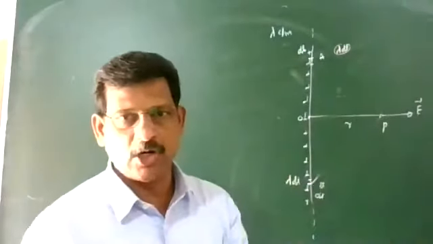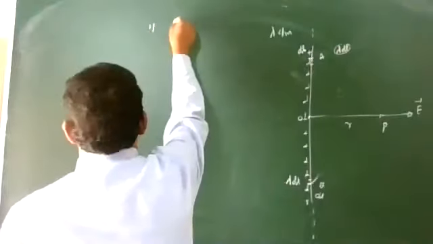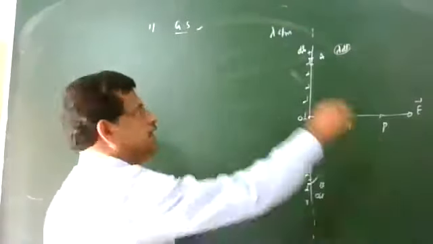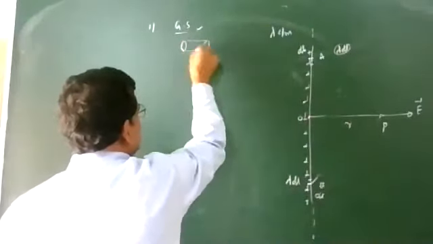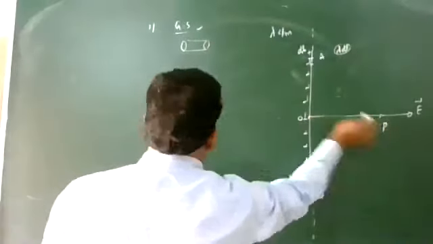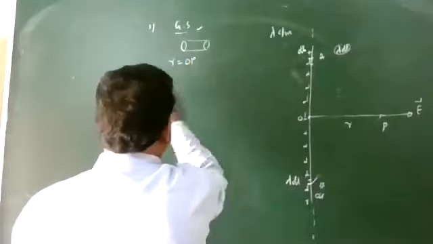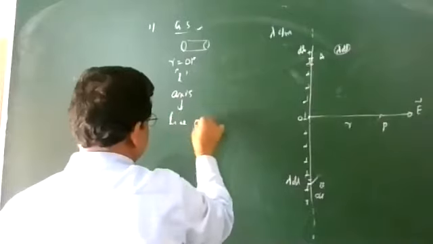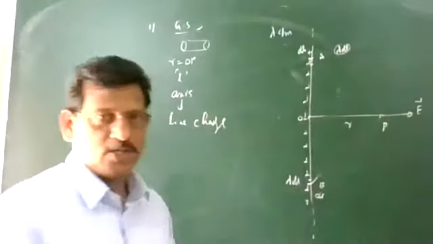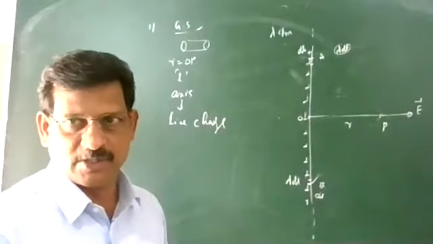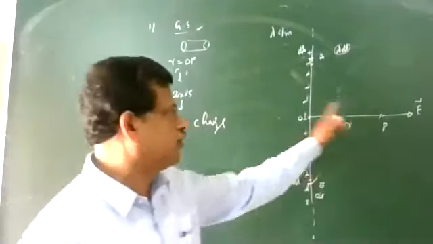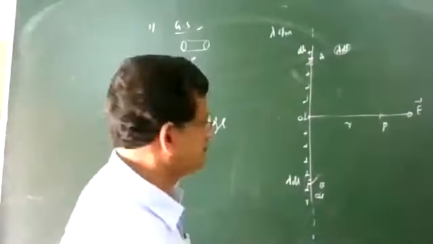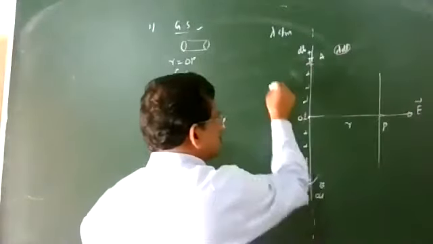Point number 1, you are to construct a Gaussian surface. First, construct a Gaussian surface for convenience. So we construct a cylinder, of radius equal to OP distance, of any length, and with the line charge as its axis. The surface is a cylinder of radius OP, that is equal to R, and of any length with the line charge as the axis. So this is the Gaussian surface we are constructing.